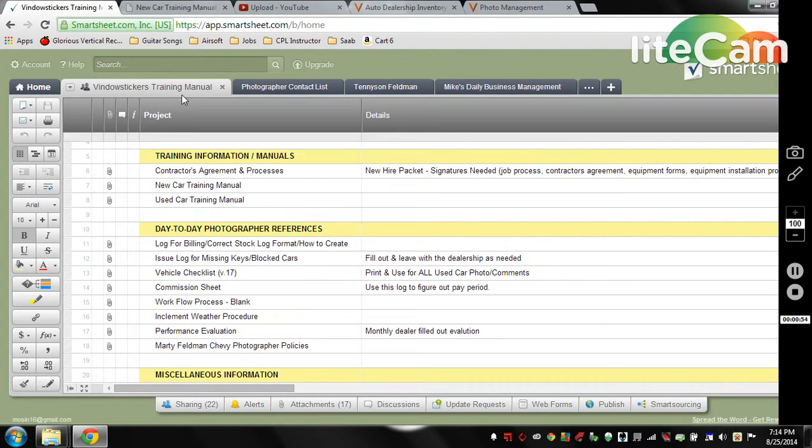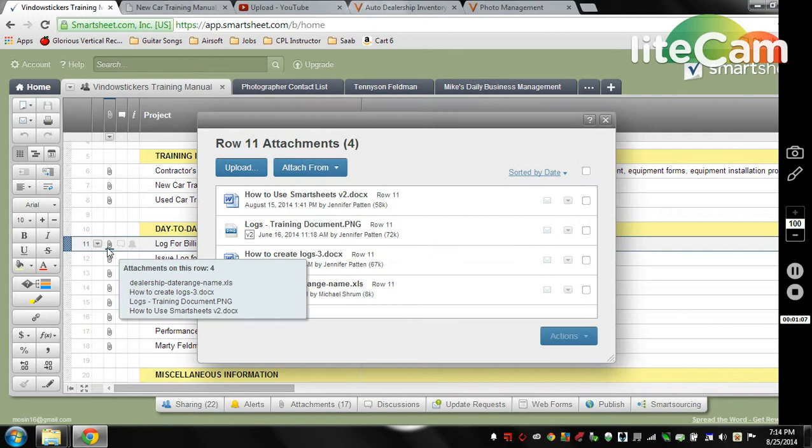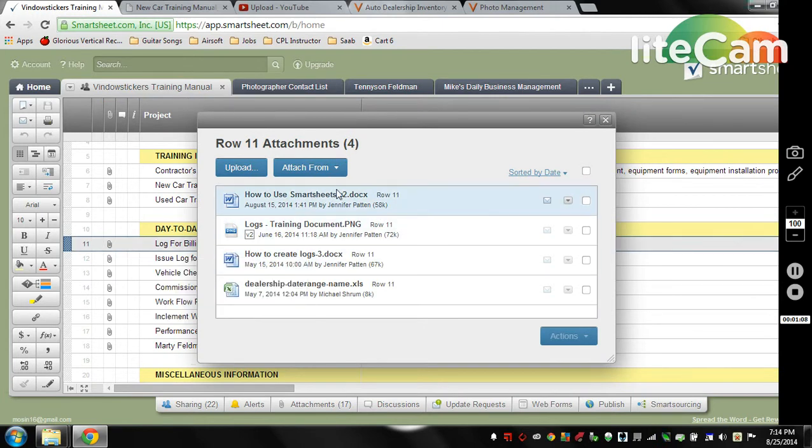So if we go back into Smartsheets here, we have on line 11 the log for billing / correct stock log format / how to create. Clicking on the paperclip is basically going to open up all the files that are uploaded with it, and within here we have the how to create logs document, and we have the dealership / date range / name document. Clicking on this one is pretty much going to be the bread and butter for everything that you do